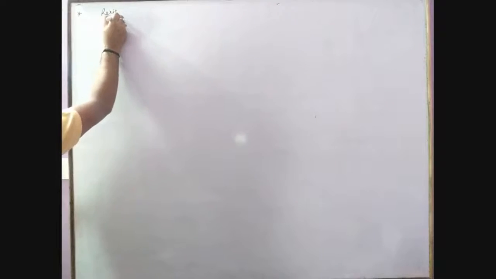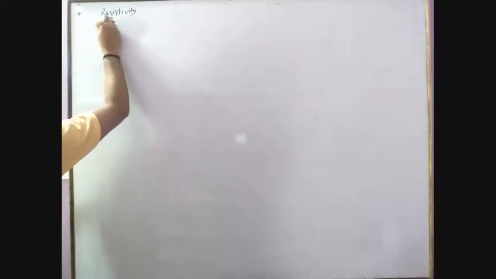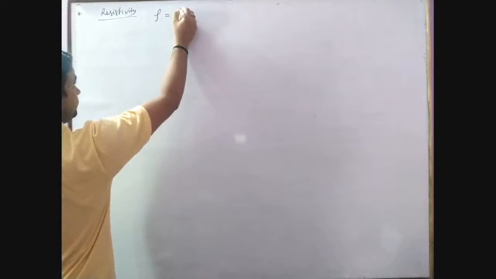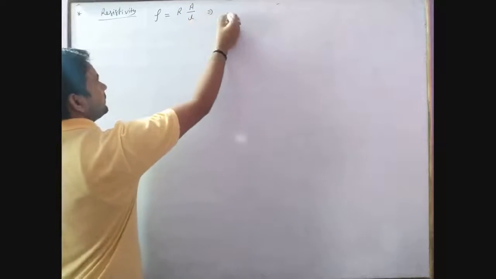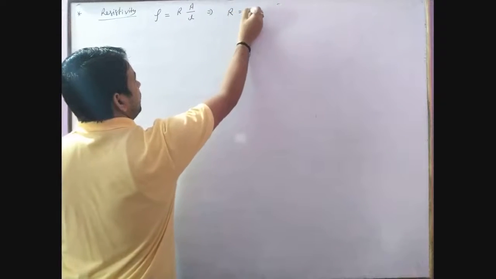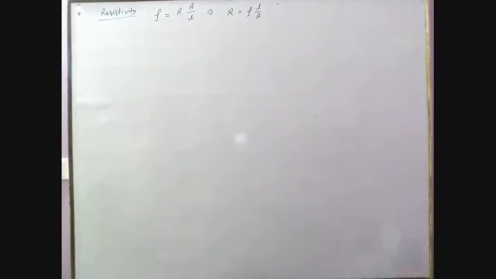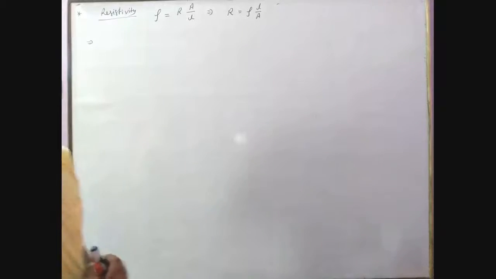First we have the value of the last topic, resistivity, that you have calculated, which is R A upon L, and the resistance is rho L upon A. Okay, now we have two related and opposite things.